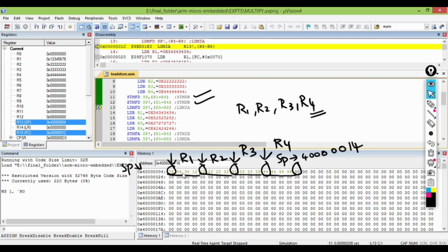Yes. Is there any other change in the memory location? No. You can see the same values are there, just ESP got updated, or in other words, the R13 register got updated. Okay. So next what we have is LDMEFD, which is load multiple full descending, and